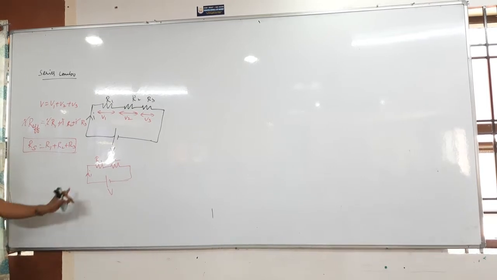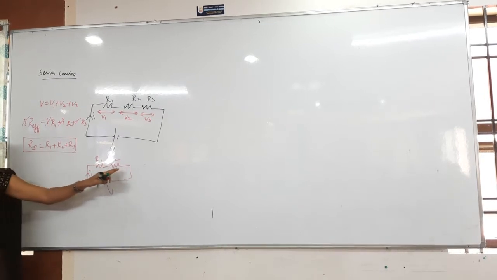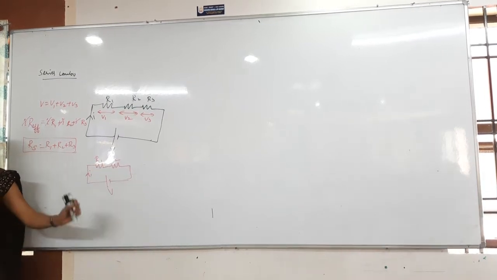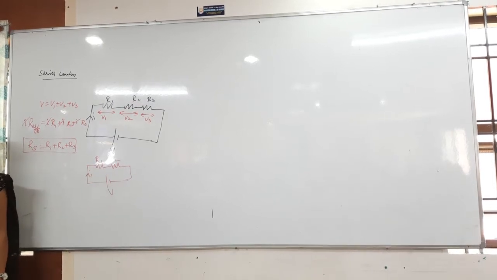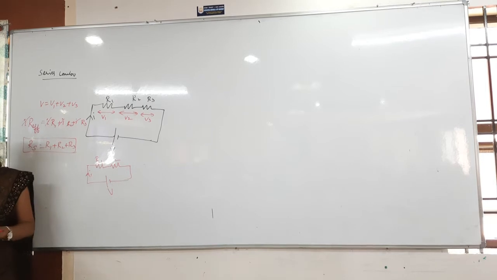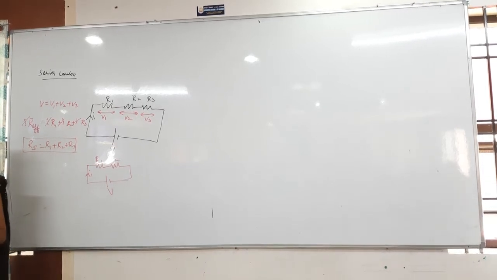That V1 you have to get in terms of I and R. See, I am saying that the current I is flowing through all the resistors. I have to find the voltage across each individual resistor. How to find that? How will the current be distributed? If I take it separately, what current is distributed and what voltage will be there? I into R2 by I1 plus I2. That is the formula. How do we get that?